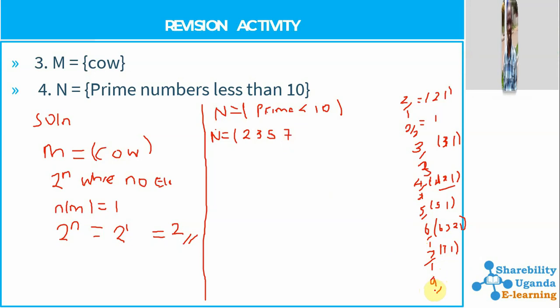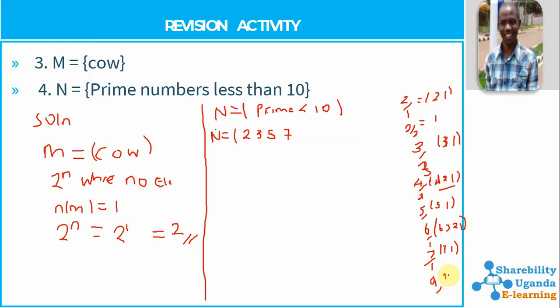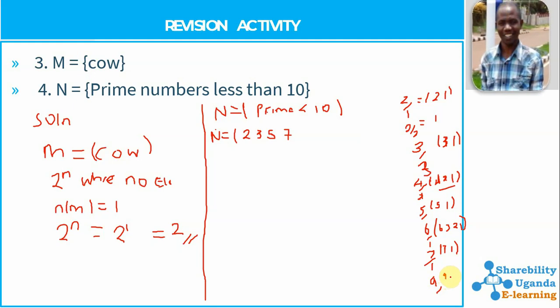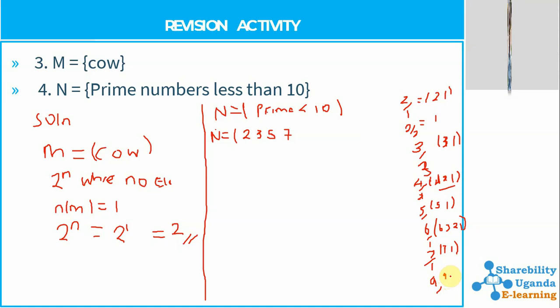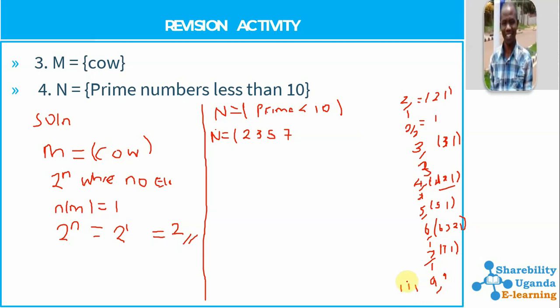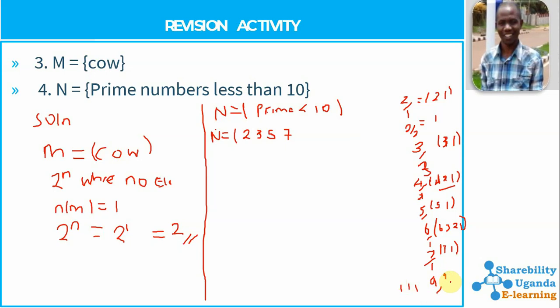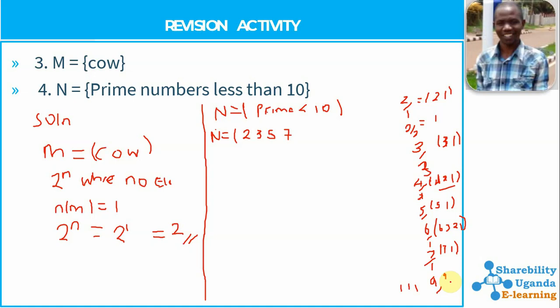9, let us try 9. When we divide, what is 9 divided by 1? We get 9. Okay, we get 9 by 2, impossible. By 3, what is 9 divided by 3? Our 9 divided by 3, what do we get? Someone with an answer? Okay, we can see that also our 9 is having very many factors, because when you divide 9 by